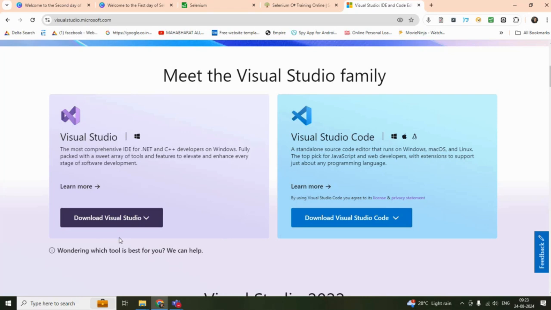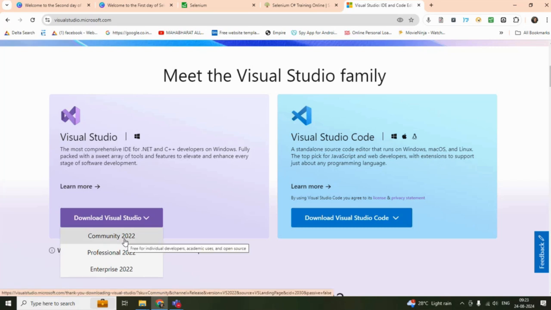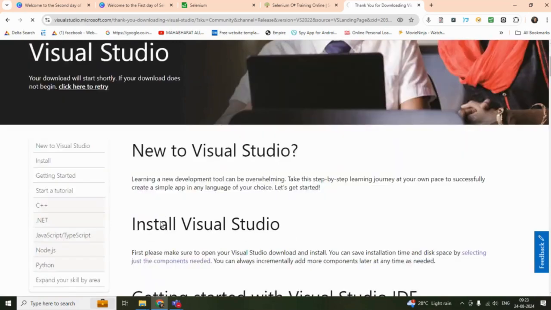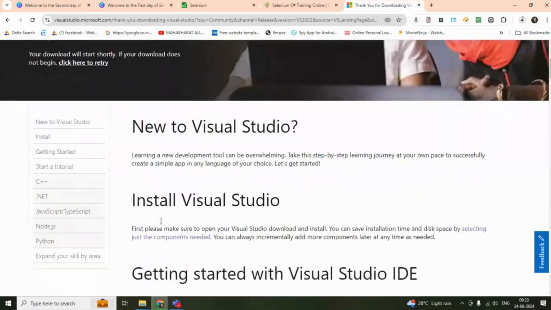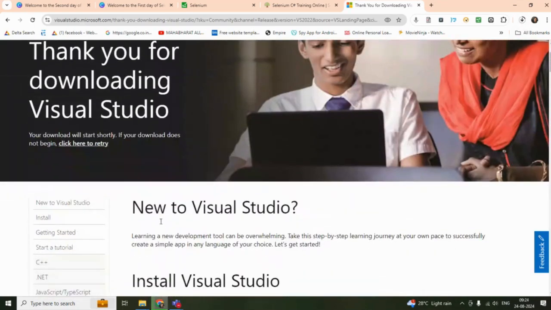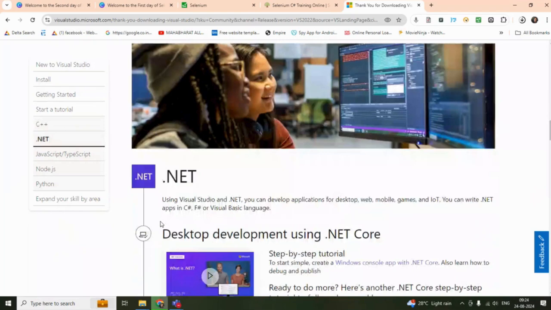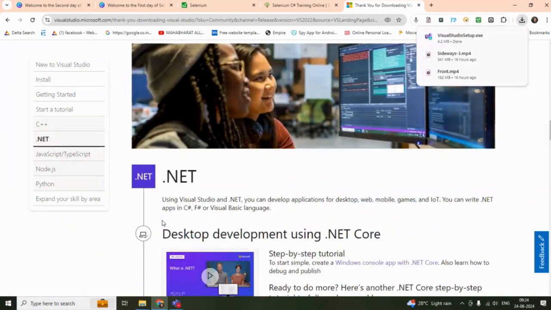This can be used by you in order to learn C sharp, and this is more than enough from the testing point of view. Just click on this and you will go to the downloads, and here you can download the Community edition. Now, as I have already installed it on my computer,